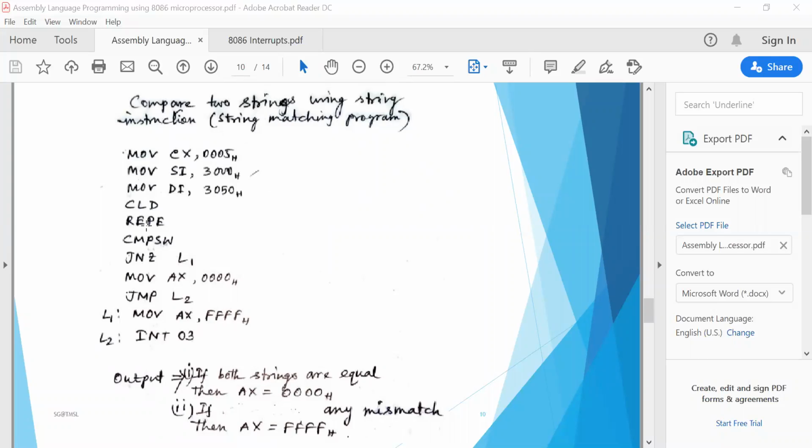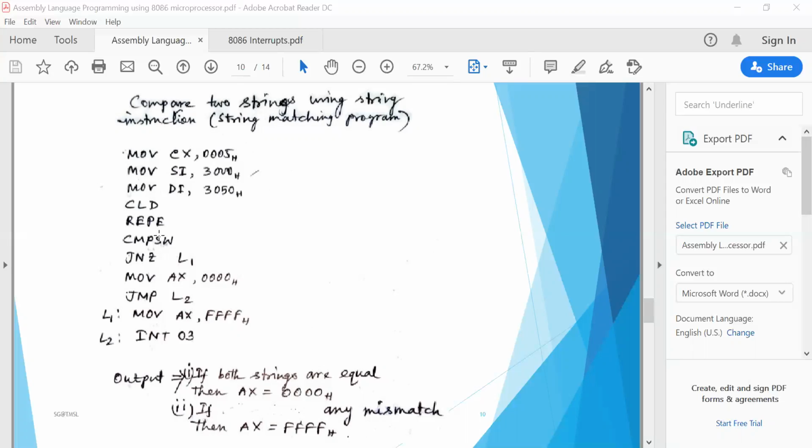Then REPE, repeat on equal, CMPSW, compare string word. These two are string instructions. CMPSW means one string will be compared to the second string until they are matched.